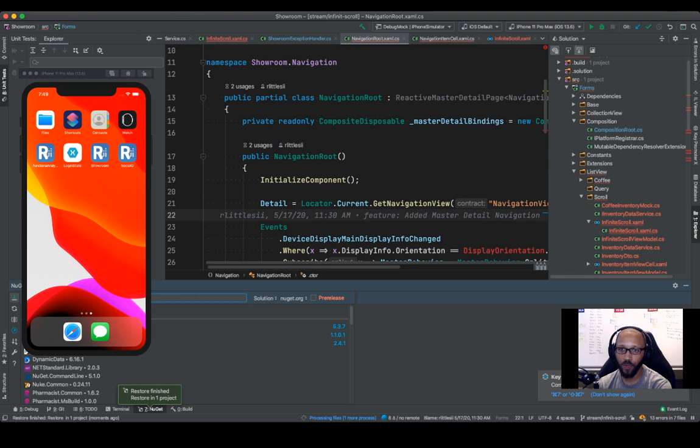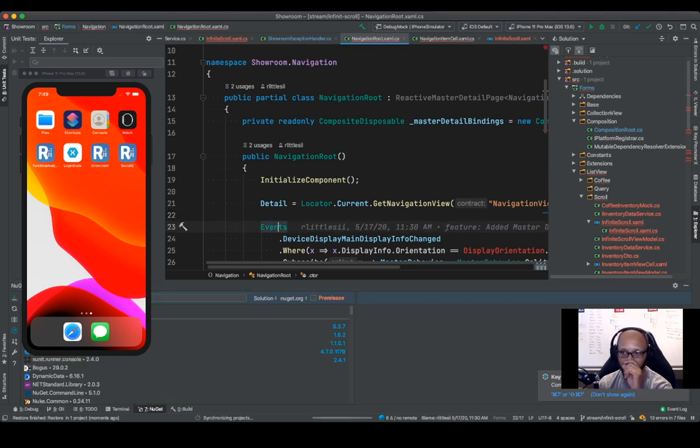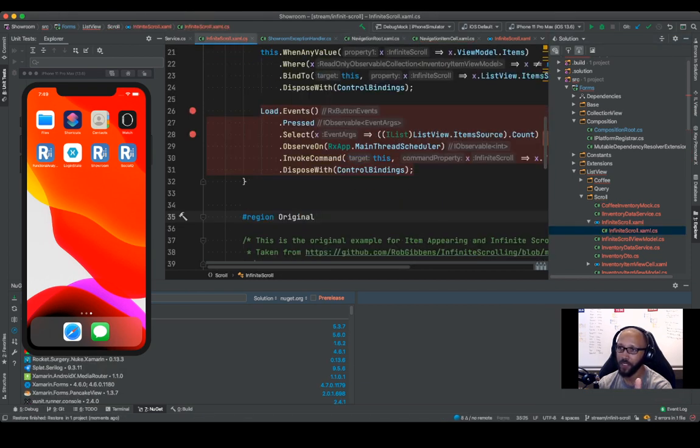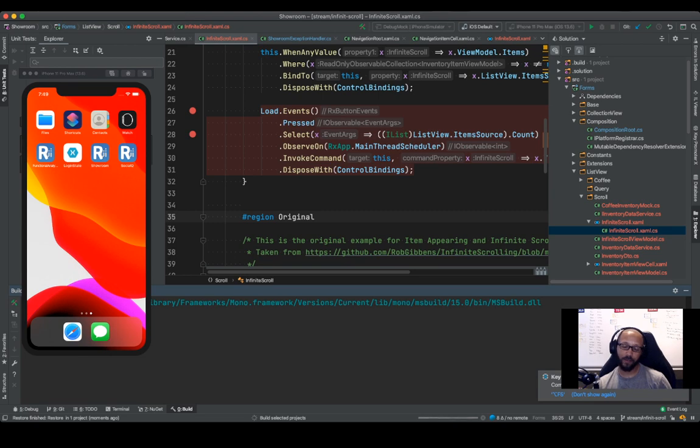It restored one. Events are back. Okay, that's good. Xamarin hasn't figured itself out yet, though. Okay, so now Pharmacist has just regenerated everything. So if that was the issue, we'll see that shortly. And if it's not, then